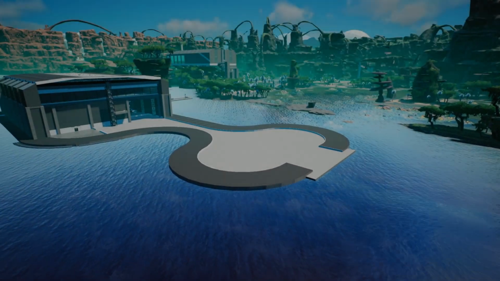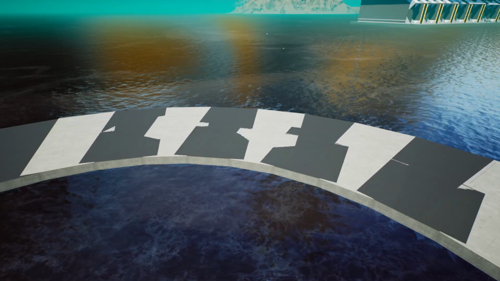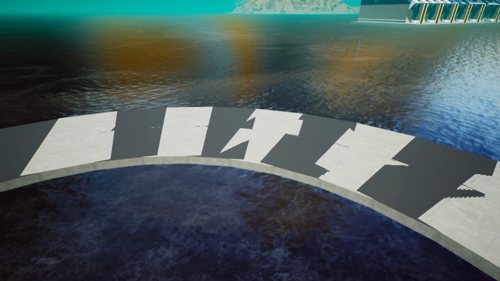I love using curves in Satisfactory. There is one problem though. What you see here is Z buffering, and this is the bane of anyone who wants to create curves in